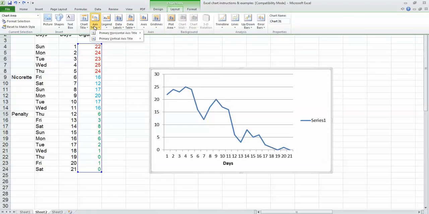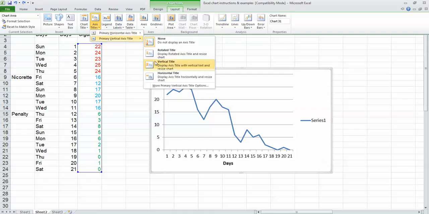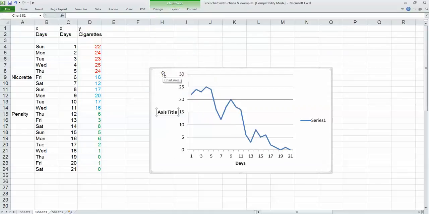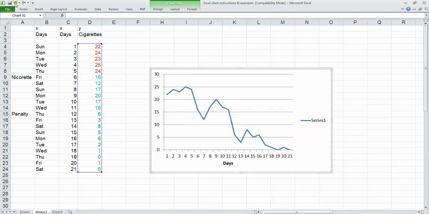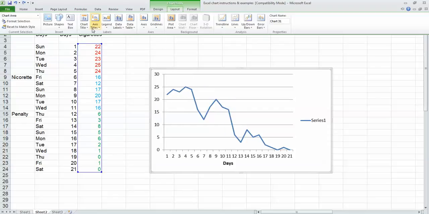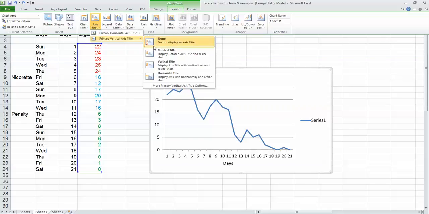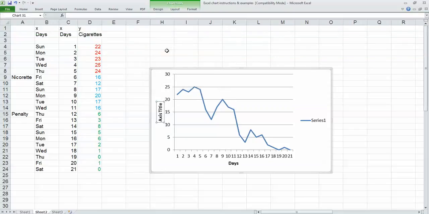I can do a horizontal title, and that takes up a lot of white space here and here, so I don't like that one either. So I'm going to get rid of that one and go to the rotated title. And that's pretty cool because it'll utilize the space up and down as I label that axis, which of course will be the number of cigarettes consumed. So I'm going to type in cigarettes consumed,